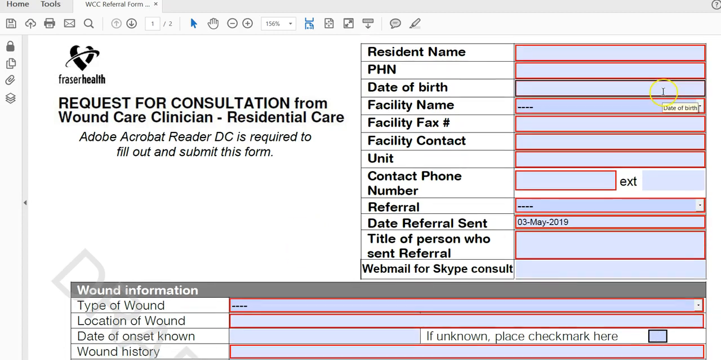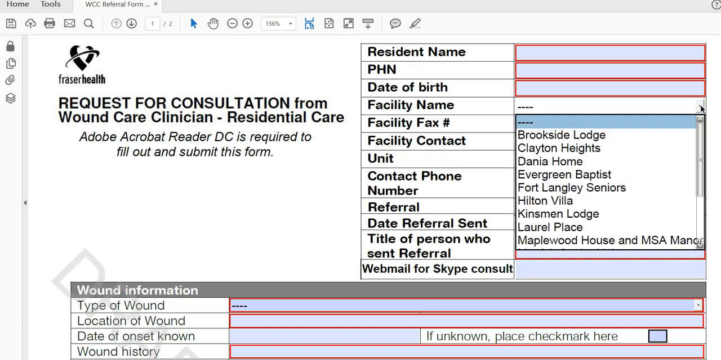Now let's look at the form starting at the top. At the top where the resident's name is, we'll see a number of red boxes. These are required fields, so you have to fill these out in order to submit the form, anything that's in red. So starting at the top, we have resident's name, personal health number, date of birth, drop-down box for facility